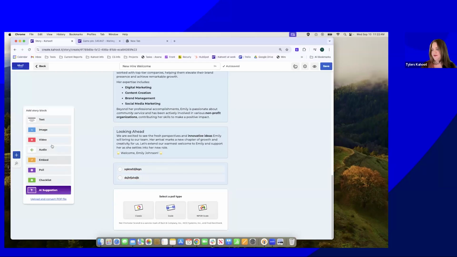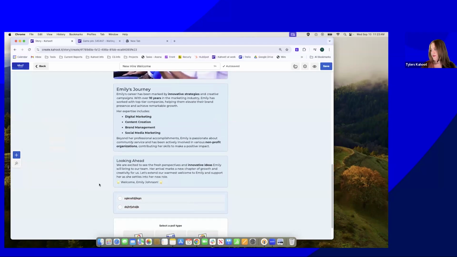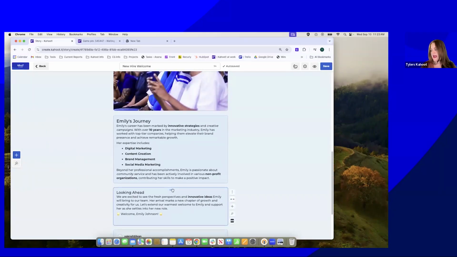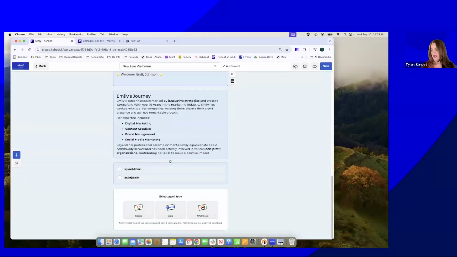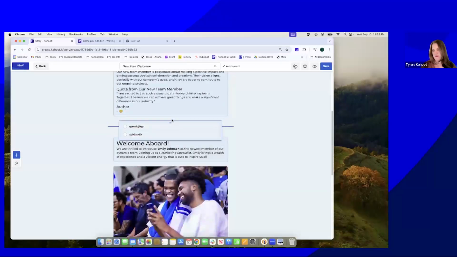your checklists. And then, of course, you can add additional images, video, audio, embed other Kahoots, or use our AI suggestion, or even upload and convert a PDF file into your story. If you need to move any blocks around, you can also do that as well. So if you did add this checklist, but you want it to be a little bit higher, feel free to